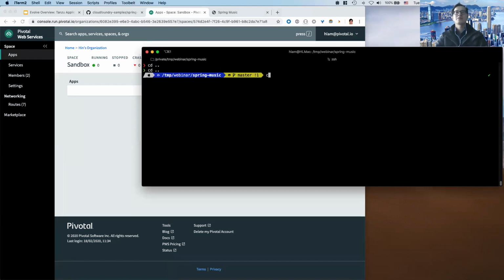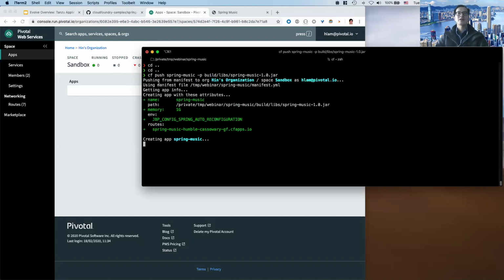Okay, so now I'm going to run a command called cf push, and then I specify my application name. And then I say, hey, I want to upload this artifact to Tanzu Application Service. And then when I issue the command, it will actually